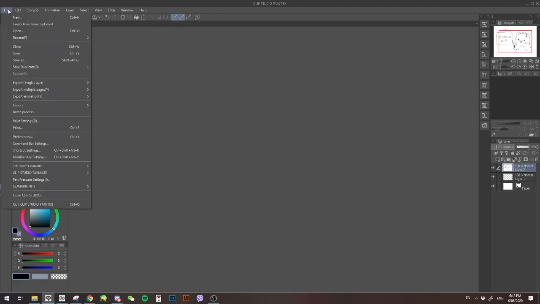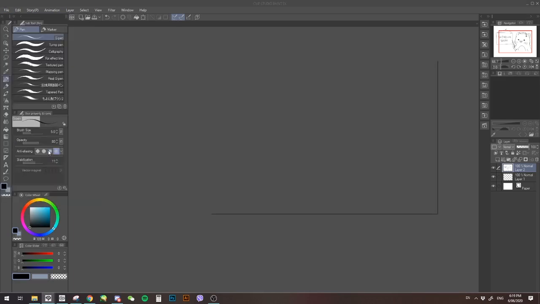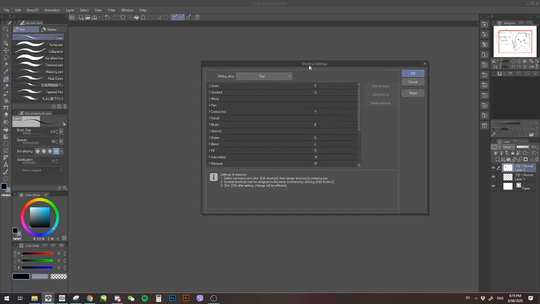So we're just gonna go into File, and down here is shortcut settings. When you open this up,